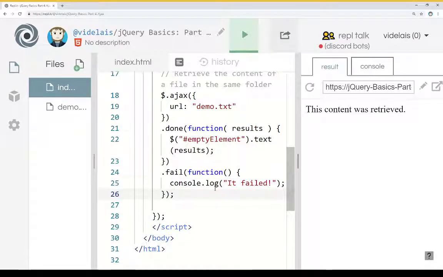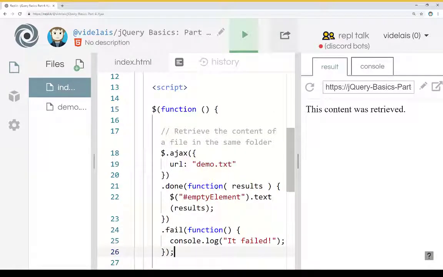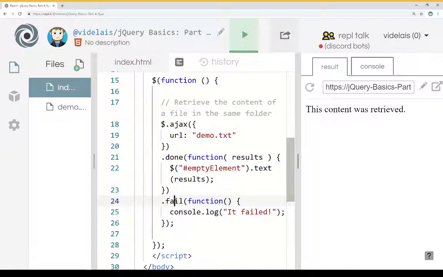So as a review, we can use Ajax functionality within jQuery using the .ajax or Ajax function. The Ajax function takes some simple parameters, the most basic of which is just the URL, the thing to go get, or wherever the data or service is we want to interact with. Then we have a done function and a fail function. Done runs if everything works correctly, and fail runs if it messed up or something happened or it otherwise failed at any step. Within done, in this case, we're passing in results, so whatever it got, pass it straight through,